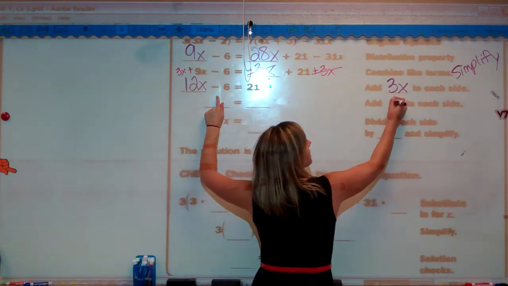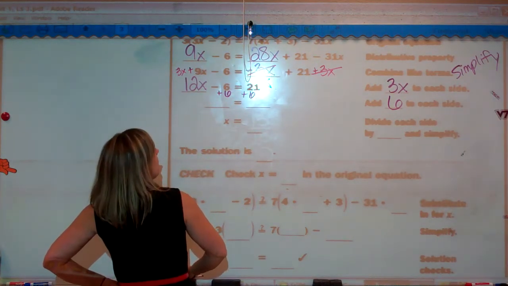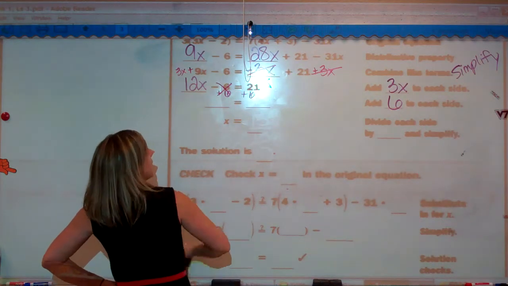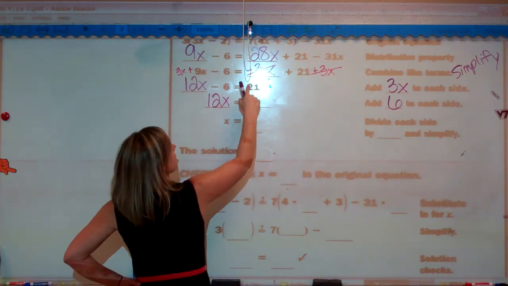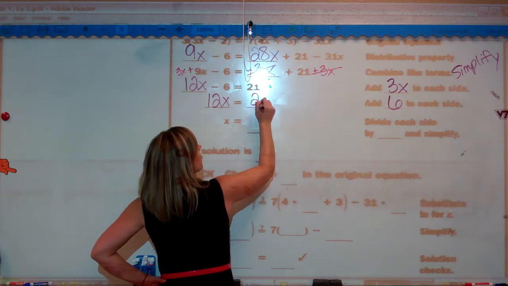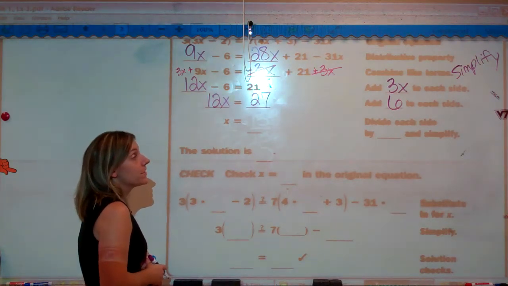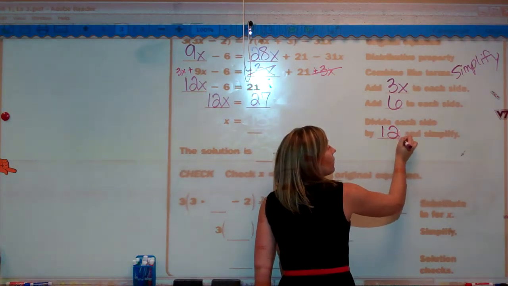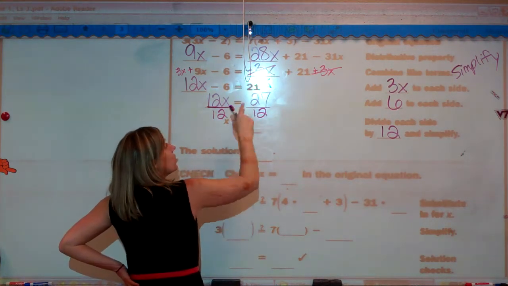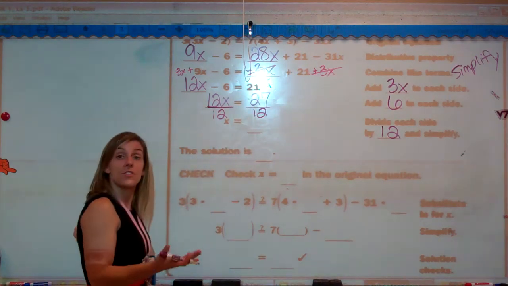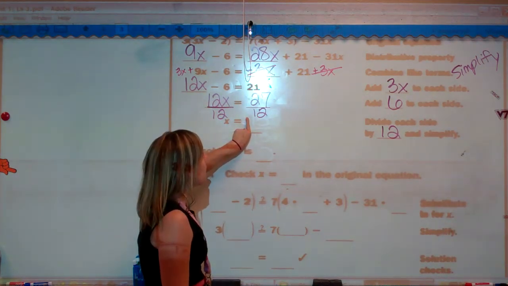So we're going to add 6 to both sides. When I do that, we cancel out on the right. Again, it's a little tight for room, so I can't write it down as well. But we get 12x over here. If I add 6 to 21 over here, I get 27. Okay? Then we divide each side by that 12, because that's our coefficient. So if you divide both sides by 12, you get 27 over 12. But that reduces. They both divide by a 3. Okay, so if you divide them both by a 3,